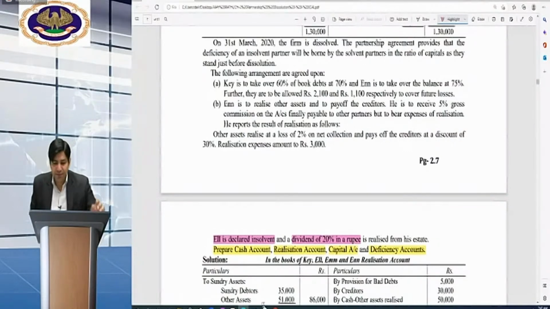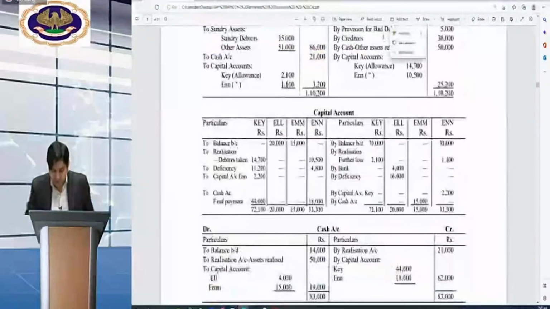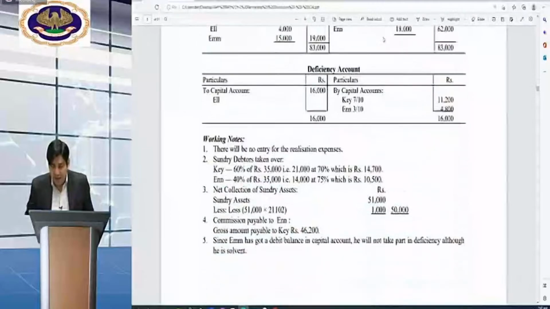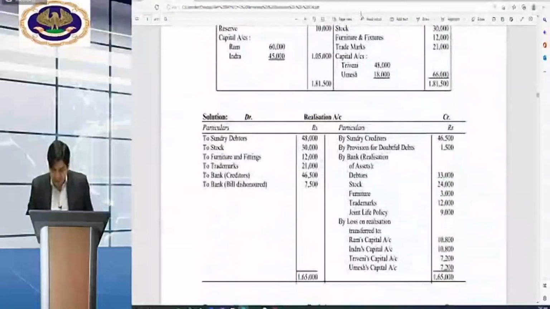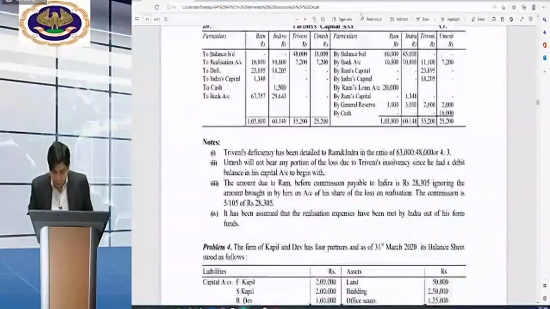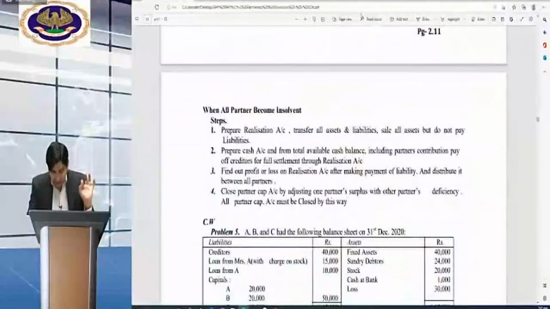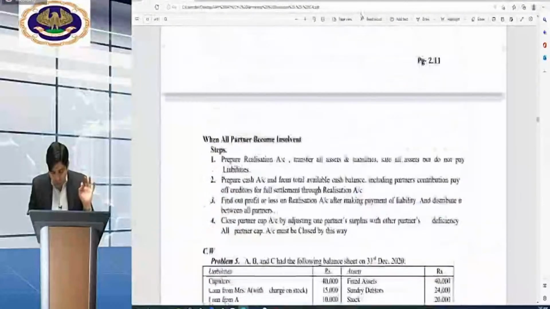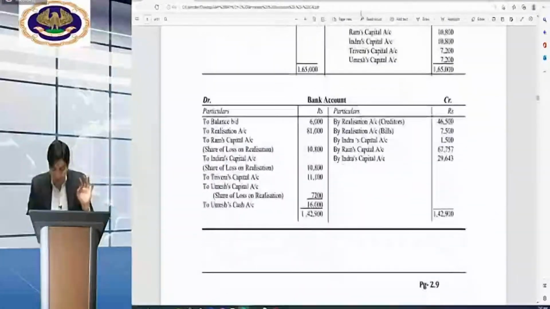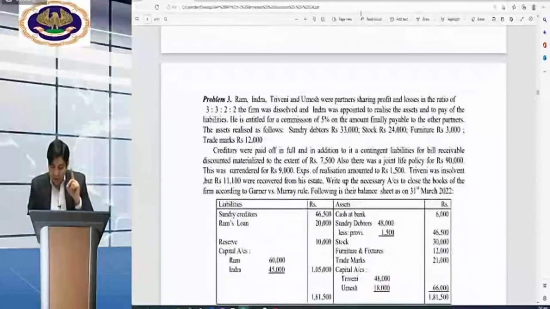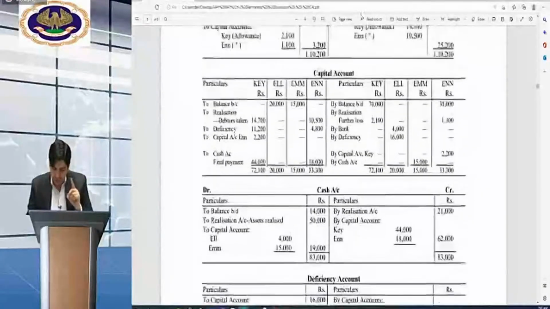Okay, beta? Please provide the answer along with the question. Beta, I have already provided you the solution. Don't worry. Every answer is being provided to you. Okay, beta? Don't worry. I have already covered the answers. Okay? I know what problem you can face. Okay, beta? Still, you have to solve this question with me. Okay, beta?